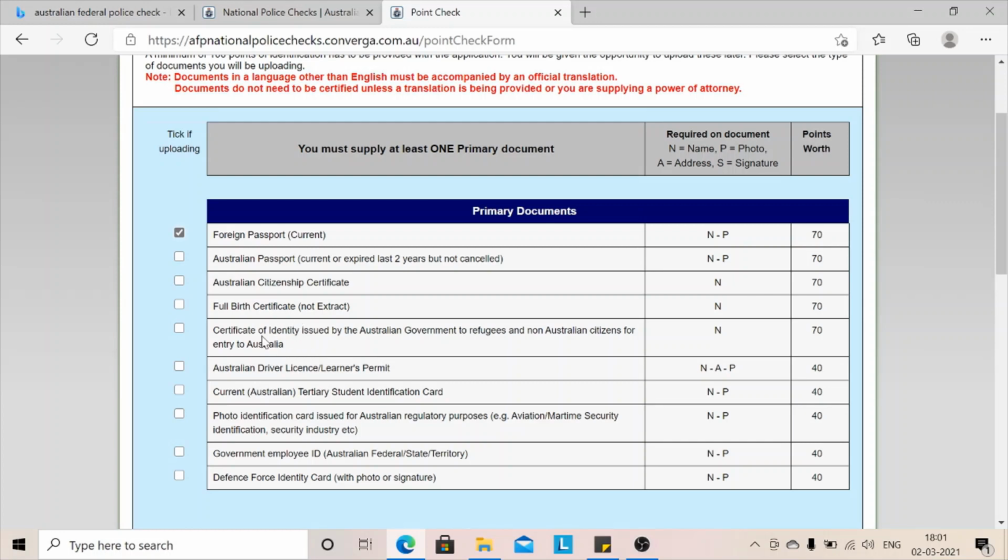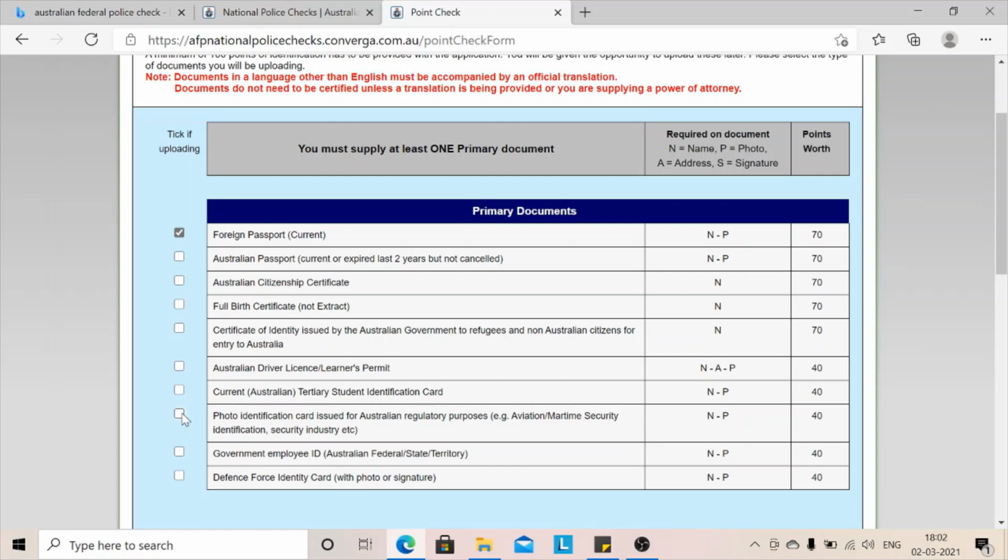No, this identity card only some people will have, like refugees. Most people might have an Australian driver license or learner's permit, but I don't have this, so I'm not taking it. Australian student ID card and photo identification for Australian regulatory purposes, this is for some people who work in aviation or the security industry.